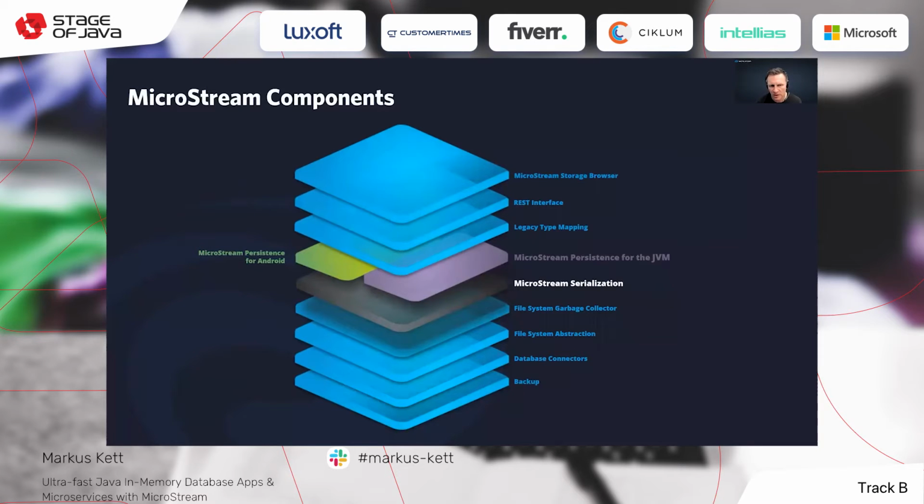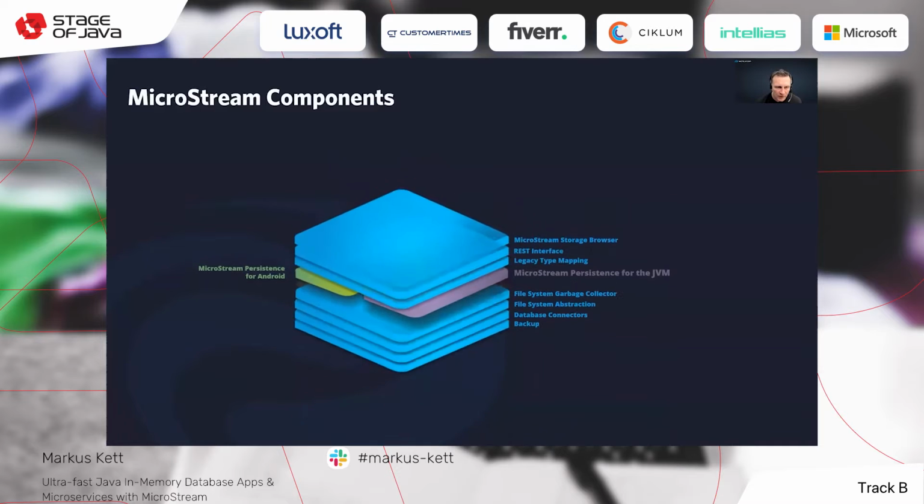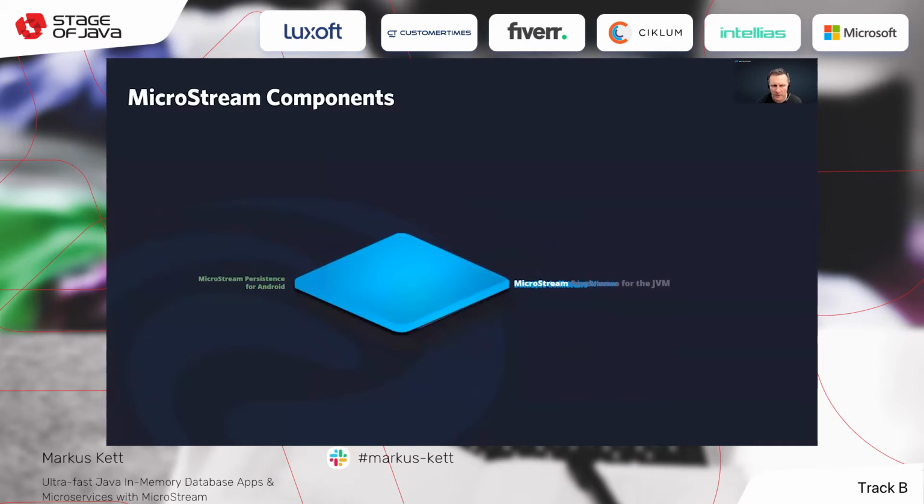If you use a database system, then you can use the backup functions that are provided by the database system, of course. And you get converters, for instance CSV, and we're working on JSON, protocol buffers, Avro, and furthermore. And all together, this is MicroStream.